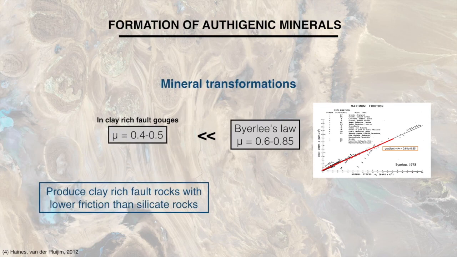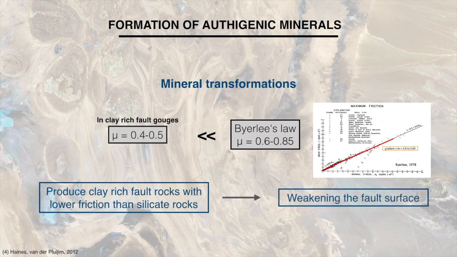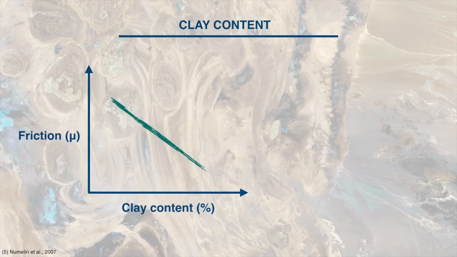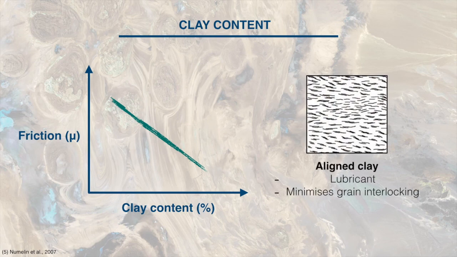Mineral transformations in clay gouges can thus produce clay-rich fault rocks with lower friction than silicate rocks, weakening the fault surface. Studies have also shown that as total clay content increases, friction decreases, thus weakening the gouge. This is likely due to the abundance of aligned clay materials in the matrix, which acts as a lubricant and minimizes